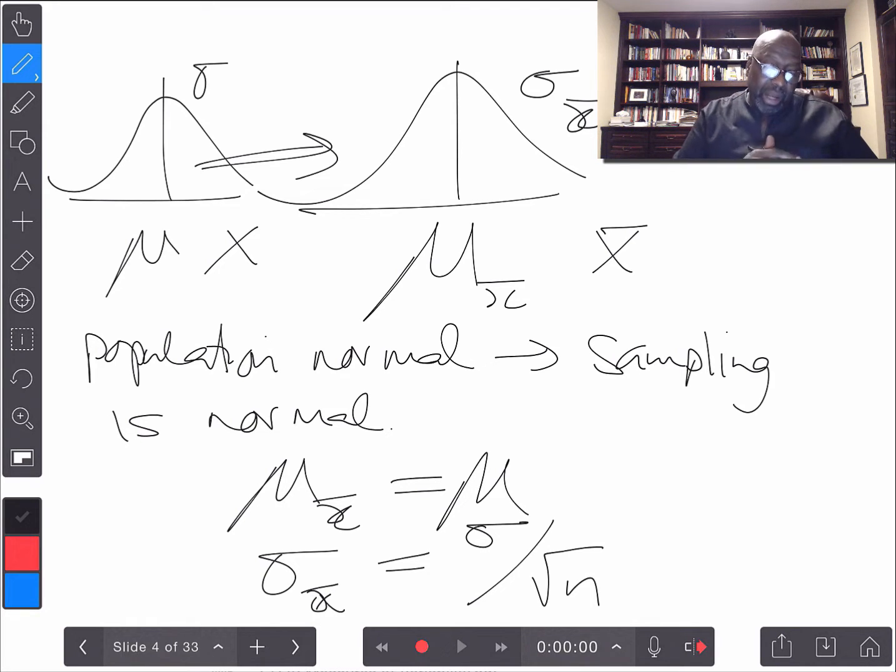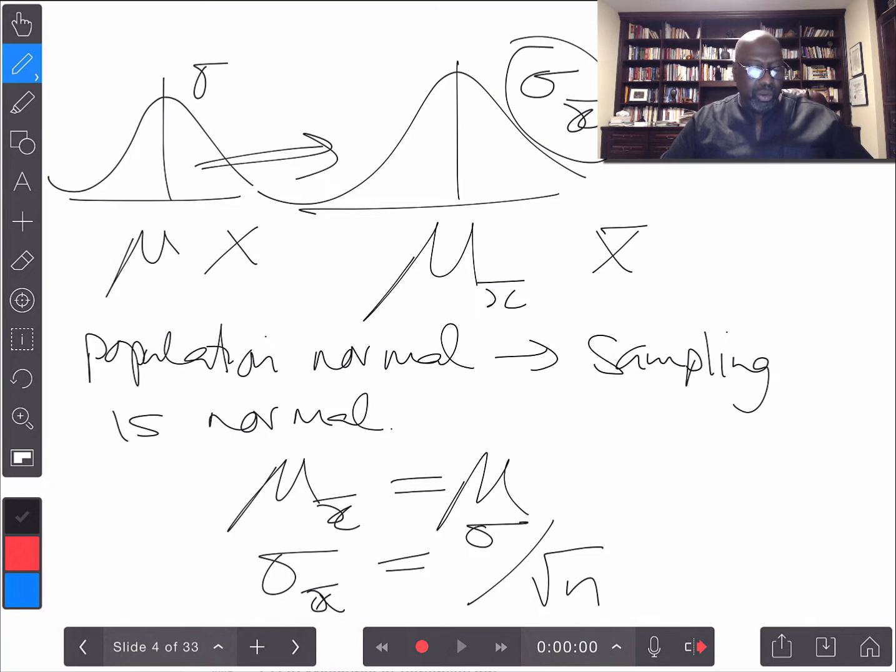So essentially what we have now is a different normal distribution. They have the same mean but different standard deviations. That sigma x bar up here is sigma over square root of n. So that's the relationship between that and the population. What you can see happening to the standard deviation is as the sample size gets larger and larger, since n is in the denominator, the standard deviation, or the standard error we call it, of the sampling distribution will